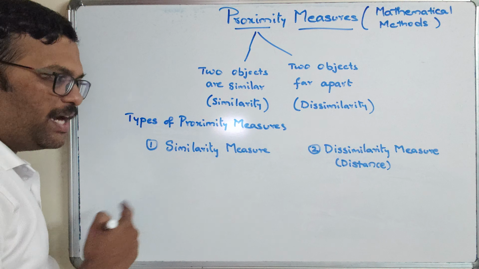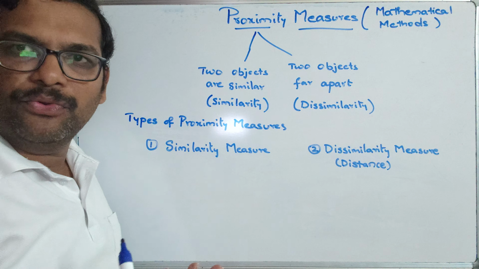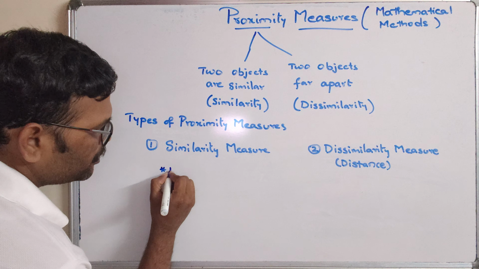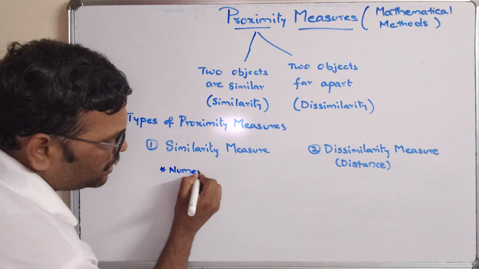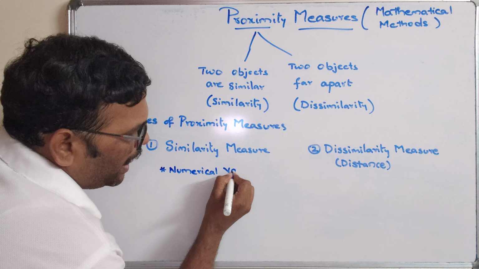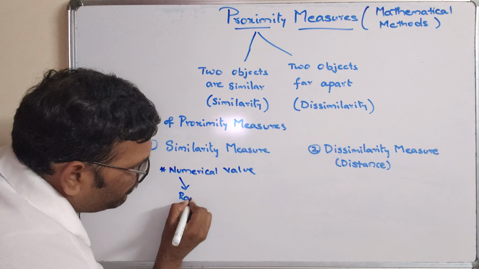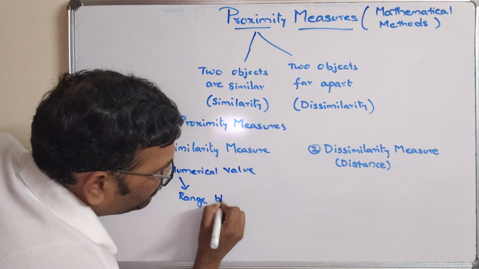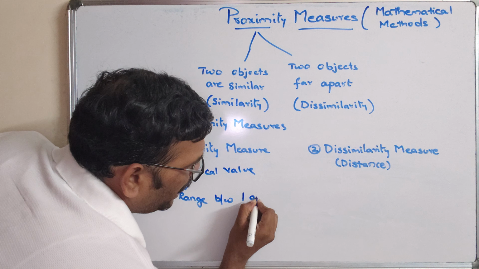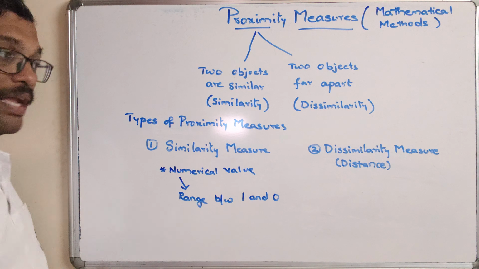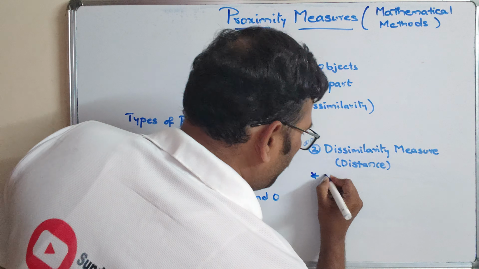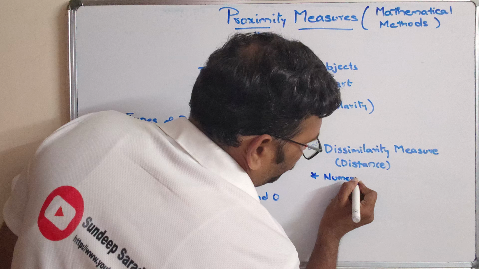In the similarity measure, only one numerical value will be given, and this value will range between 1 and 0. Similarly, here also it will be represented with a numerical value,